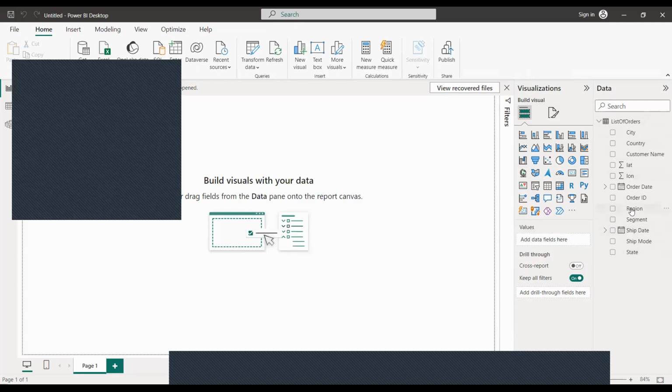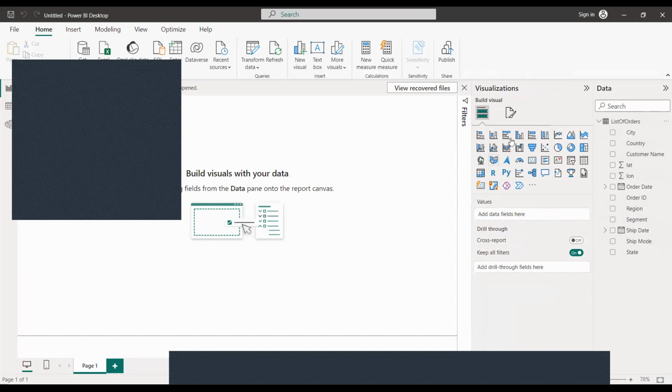analyze the ship mode against the region. Now in Power BI, you have visualizations, tools that you can use to build the visuals, where you have stacked. On Wednesday, we will look at all of them and their functions.